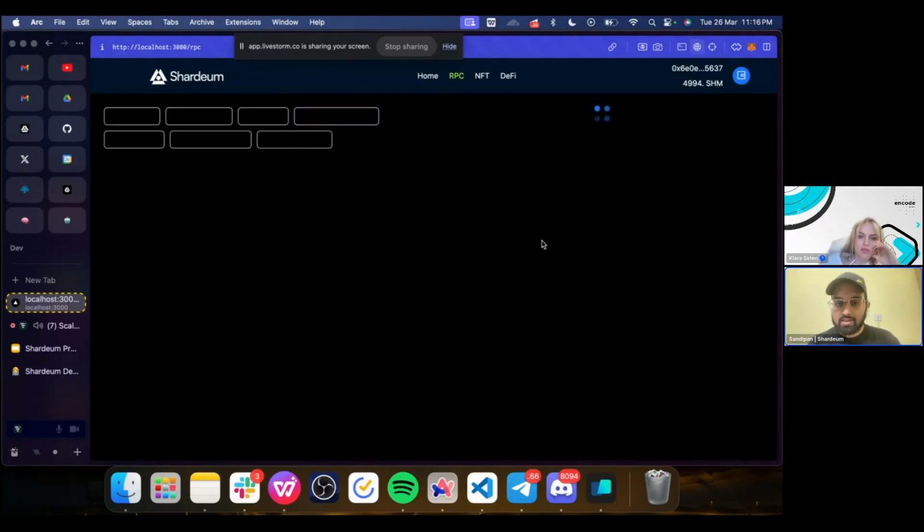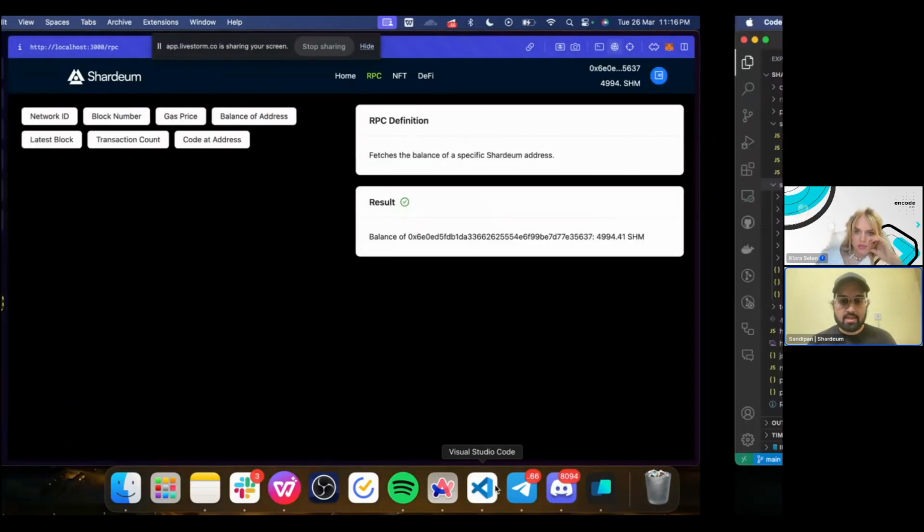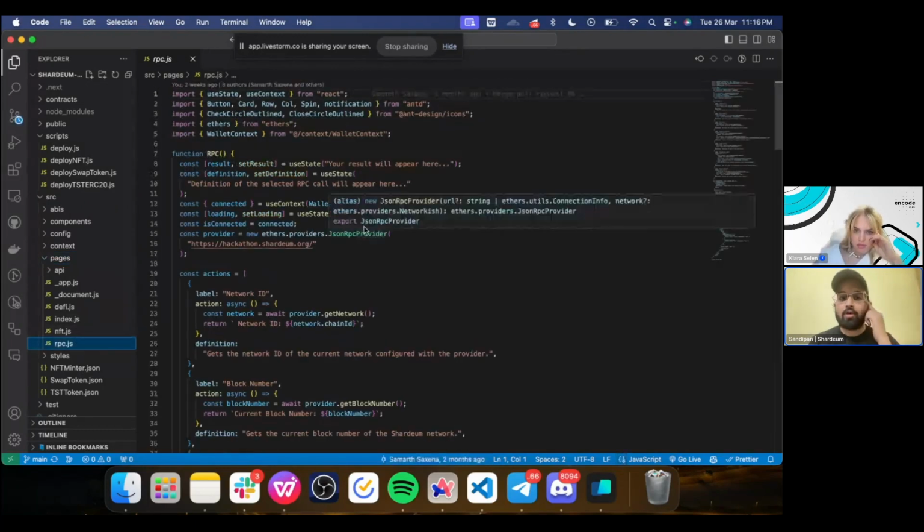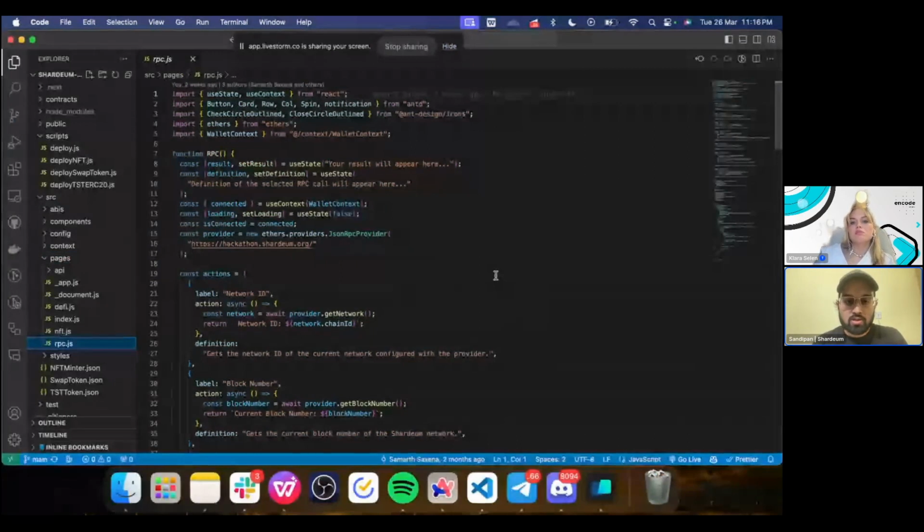Then balance of an address. So this basically represents, and let's just get to the code part. Again, very basic stuff if you're already aware of it, but as a starting point, I think that boilerplate gives something to every skill set. So if this is very basic for you, probably you will find something in the next page or the next page,